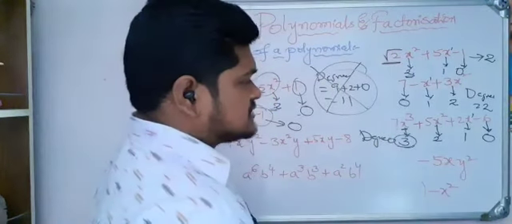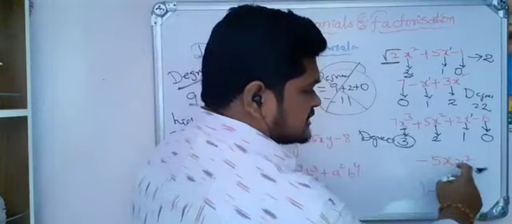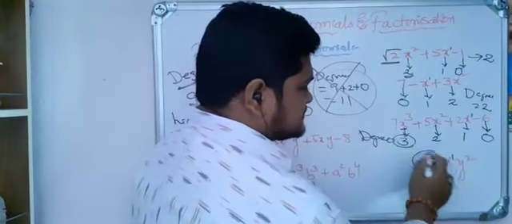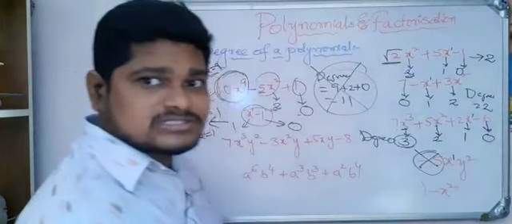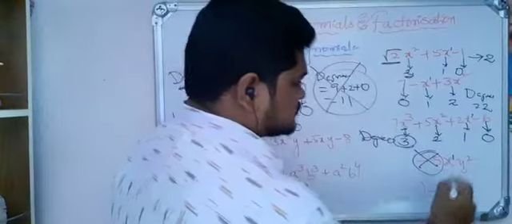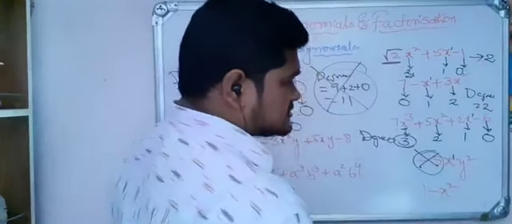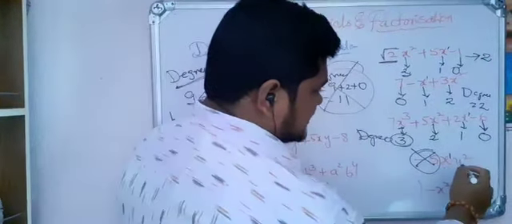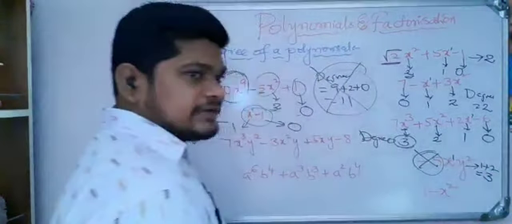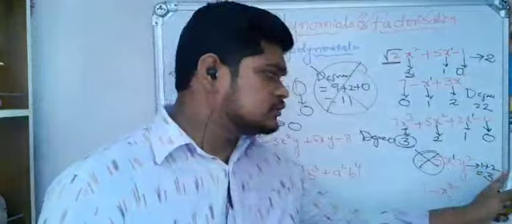Next, see here, Nana, we have a combination of two variables. But actually x power 1. Don't consider -5, leave that, it has nothing to do with the constant. Okay? Here x power 1 and y square are there. So take the powers of the two. Sum of these two means here degree is equal to 1 plus 2, that is equal to 3. Okay, only one term. Simply we have to add the 2.